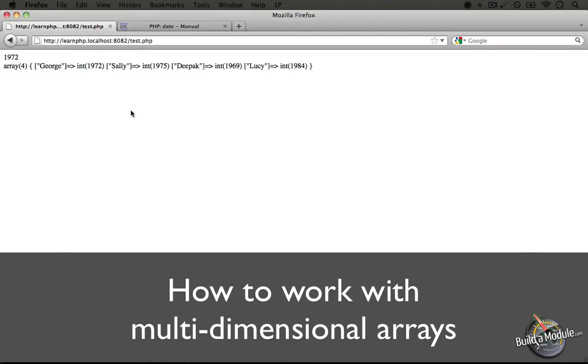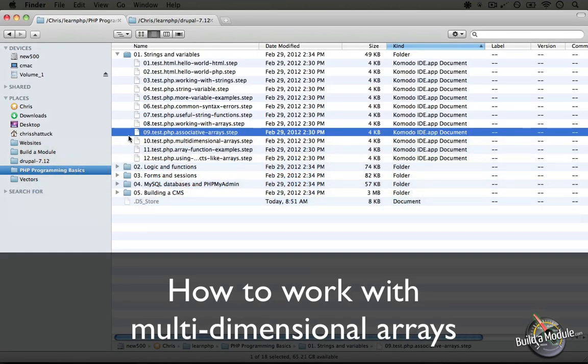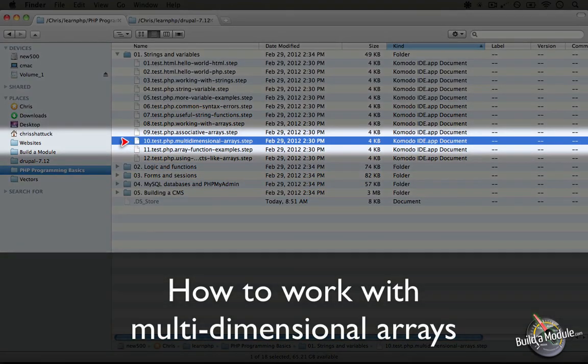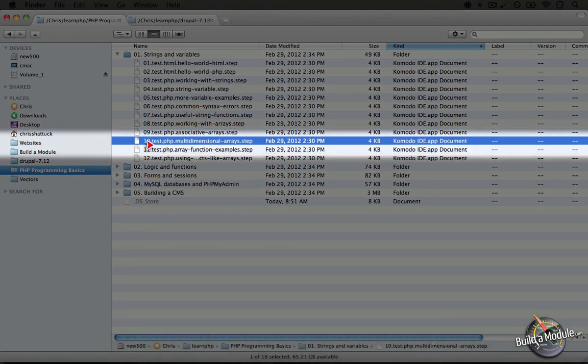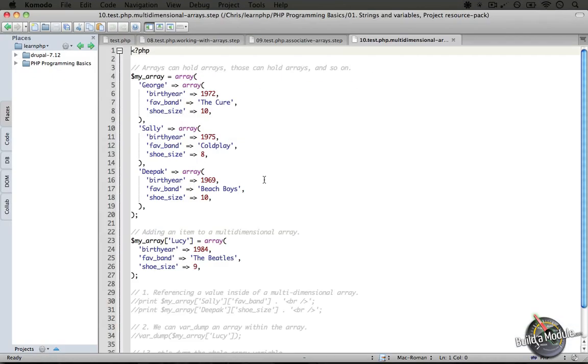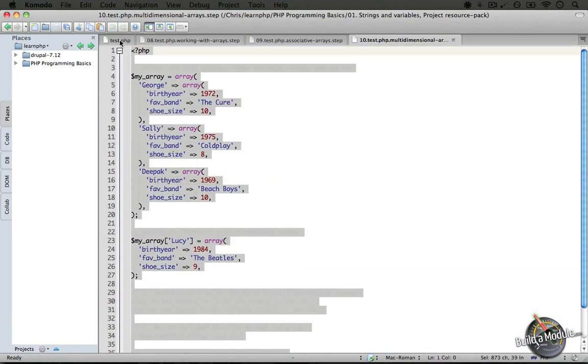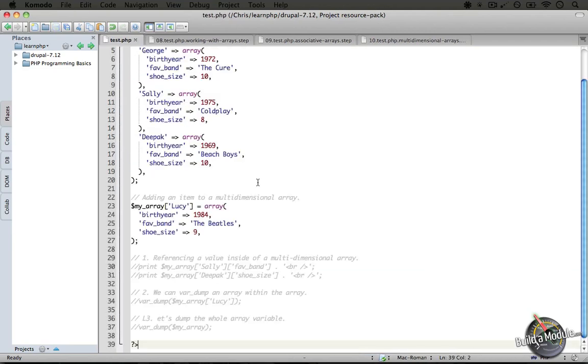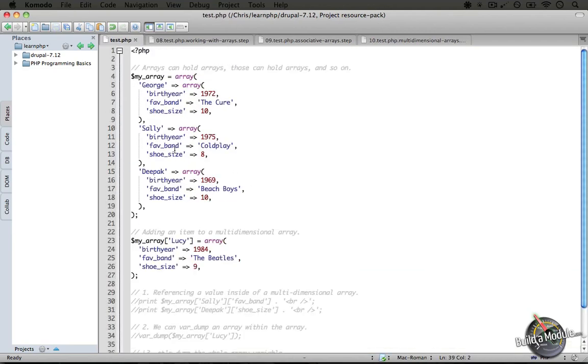I'm going to go ahead and close the source code, and I'm going to jump back to the resource pack directory, and I'm going to open up the 10th step, which is called Multidimensional Arrays. Again, this is in the Strings and Variables folder. Let's go ahead and copy the code and paste it over the code that's currently in the test.php file and